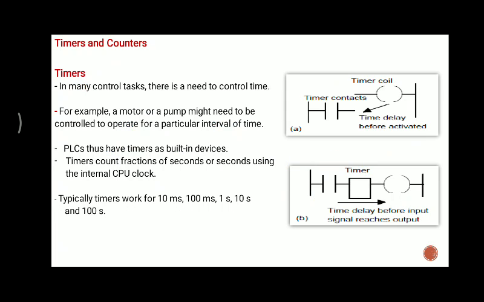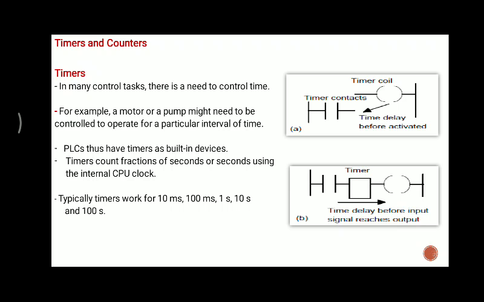Now next is again timers and counters. Up till now, whatever we have seen, it is working: if there is input at this position, you will get output directly within a fraction of a second. But in some cases we need to have input, but we don't want an output at that moment; we want it after some time.